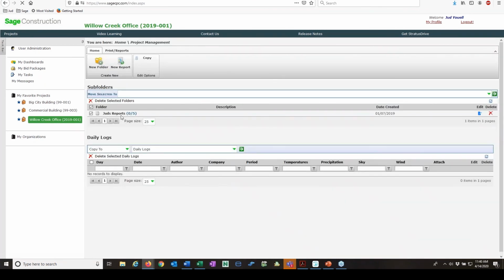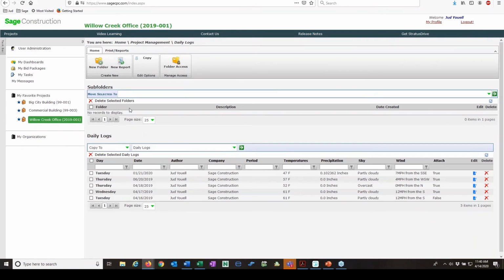I've got daily logs, there's my reports, and I can, again, organize these by subfolder. Maybe I have 2 foremen on a job that are doing daily reports, or maybe I've got 2 superintendents, one for this kind of work and one for that kind of work. However you have it organized. And if I say, here's Tuesday's